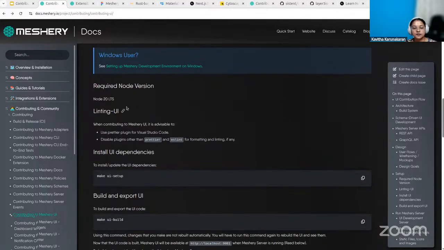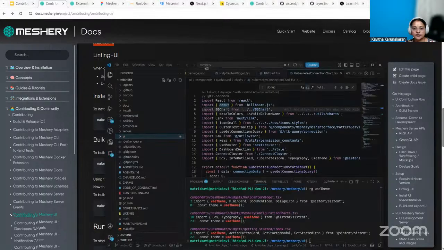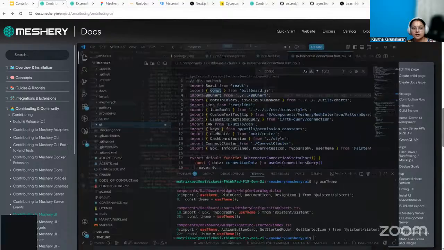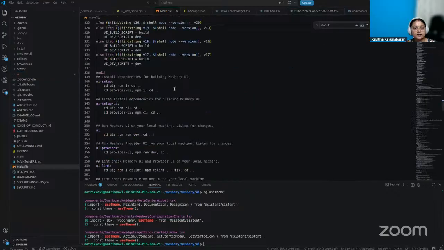So, the setup prerequisite is Node.js. Now, installing dependencies, let's go to the makefile. For any open source project that you get, you would usually go to the makefile to understand what is happening. So here, the first thing is,